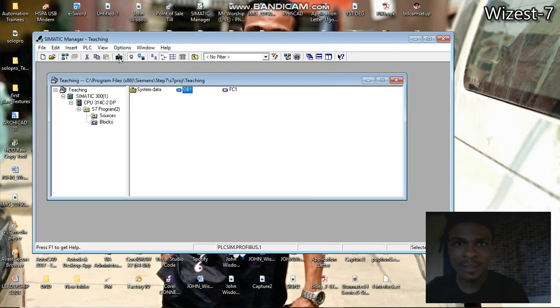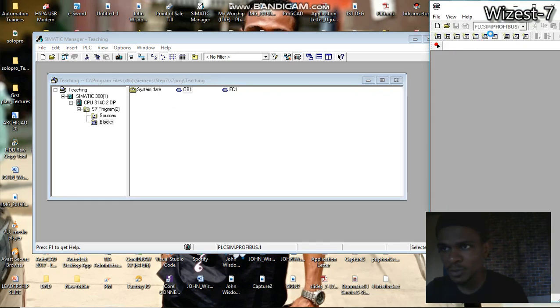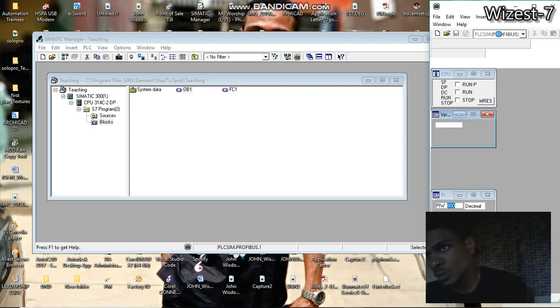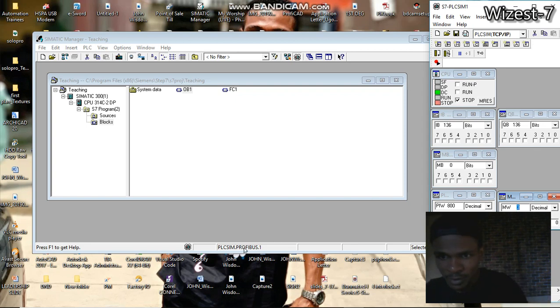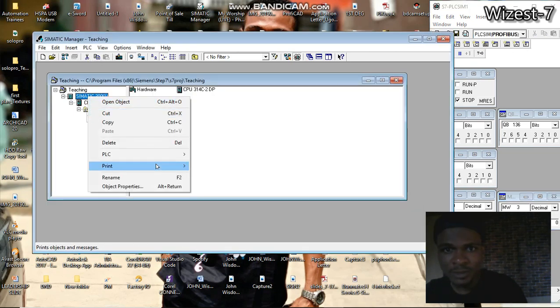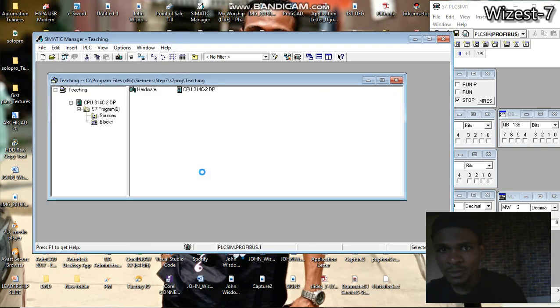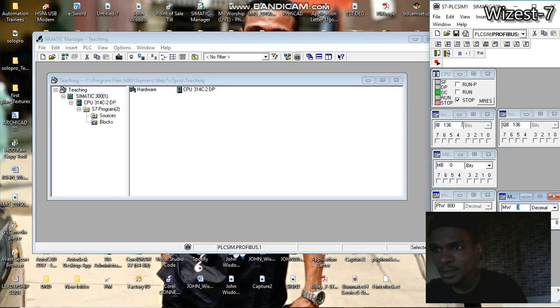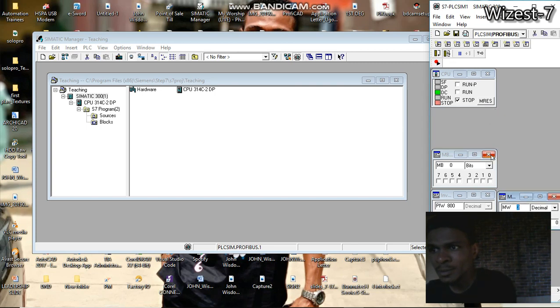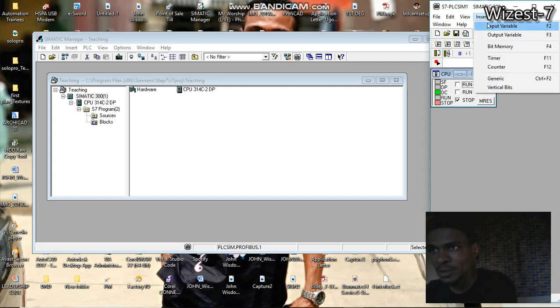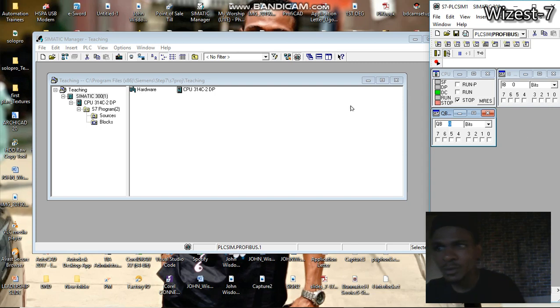For instance, if I download what I have now, let's open the simulator. This is the simulator. I'm using Profibus. Good. It's coming up. Okay. Now, one thing you must remember is that I'm using Profibus here, so I should be able to change it here to Profibus. Else, I won't have a good connection. So what I need to do now is download this. Yes. Good. Now, I said sorry, brother, I was doing a lot of things earlier. Now, input variable, output variable. Good. And I said run program. Good. It's running. But now, I said earlier